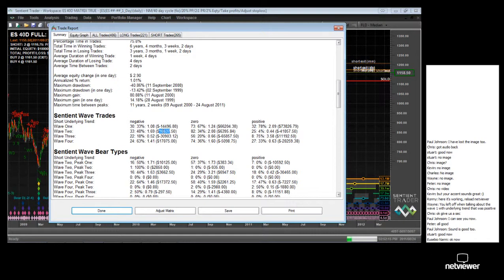Now, why are we doing this? I feel it's important to remind myself why I'm doing things often. We're doing this because we want to discover the nature of this market so that we can trade it. And the nature of this market is expressed very clearly in these statistics. In other words, this market is a fantastic market to trade wave one trades under positive underlying trend conditions. Notice that it's also a really good market to trade wave three trades under positive underlying trend conditions.